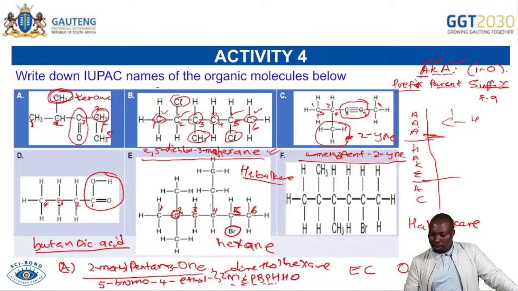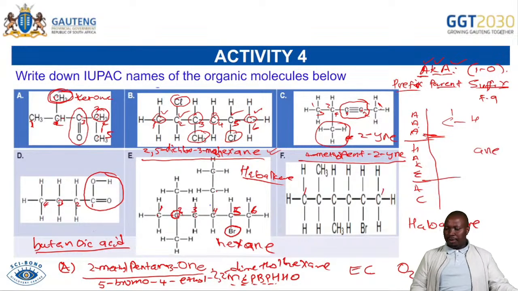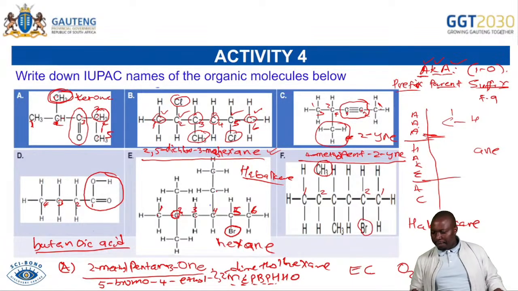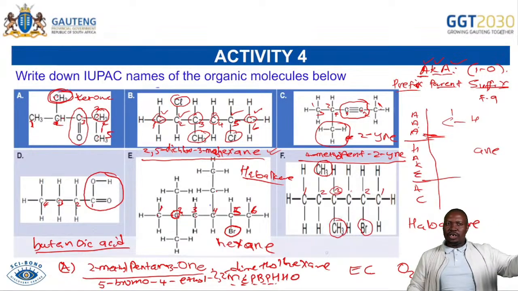Let's do the last naming problem that we have here. You can see as well it is still an ane, still a haloalkane, so the name will end with ane. And then you just check, this one is saying I'm carbon number 1, this one is saying I'm carbon number 1, and then this one is saying I'm carbon number 2, this one is saying I'm carbon number 2. But this one has the methyl, this one has a bromo. So we said we treat them the same. Let's go to carbon number 3. Carbon number 3 here, we have another methyl. Carbon number 3 this side, we have nothing. So the side with more substituents, the most substituted side, will always win.